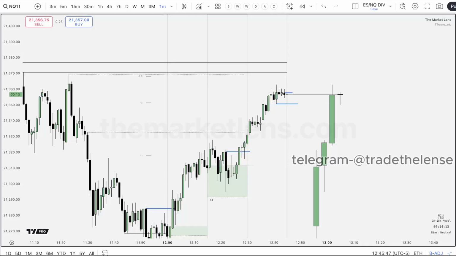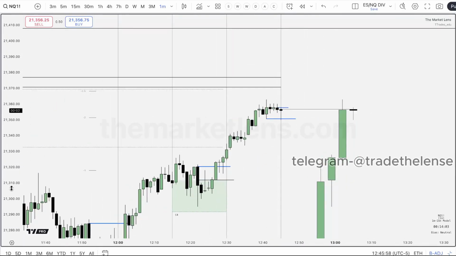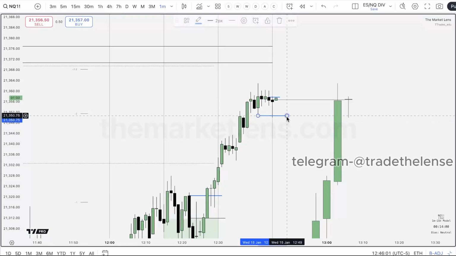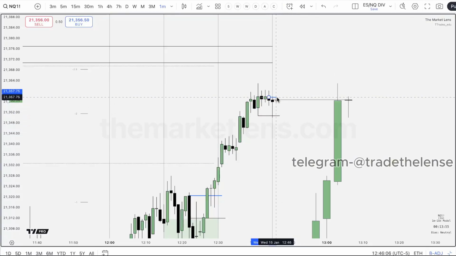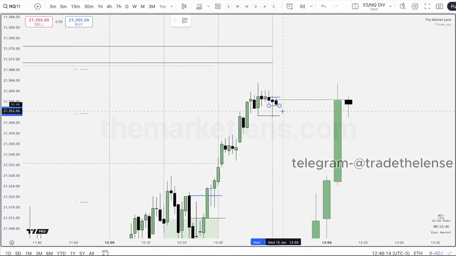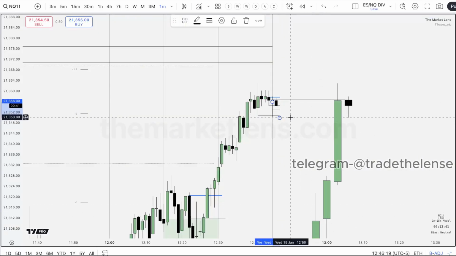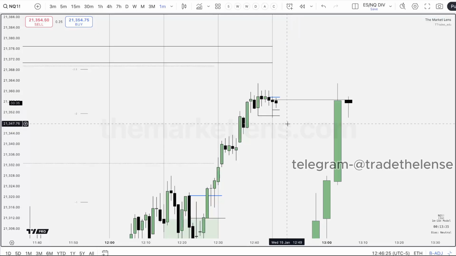How do we gauge if a manipulation took place? Hard to label one. Manipulation within my model is a candle 2 closure. Right, so here, let's see if we can get a little live example. We got the sweep of that, right? So if we're going to have our entry sequence, we'd want to see a closure over the down-close candles that swept out the point of interest, forming a swing point. So now we have a candle 2 closure, and you can do it fractally. We'd want to see 0.5 of this wick hold up price if we're going to get that closure. So I'll kind of draw that out. We'll zoom in.